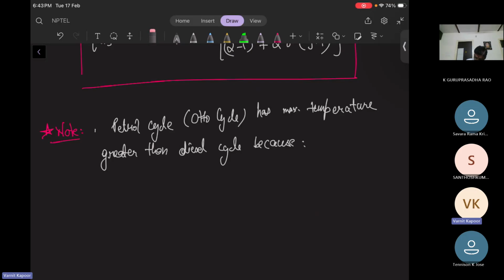First reason is this: in the Otto cycle,